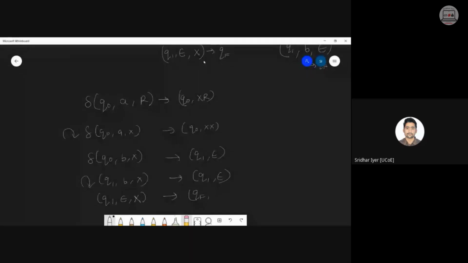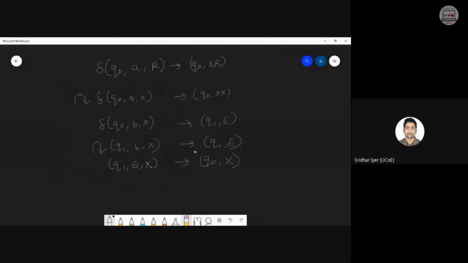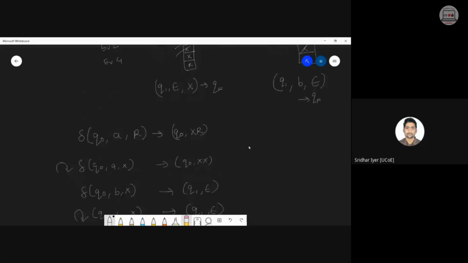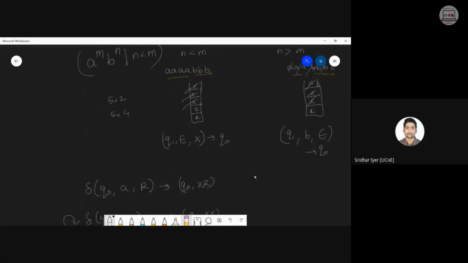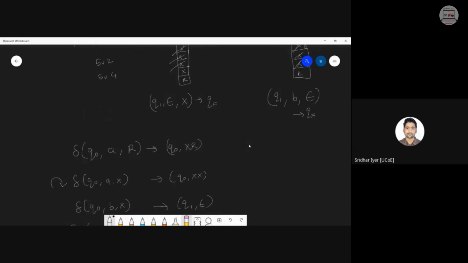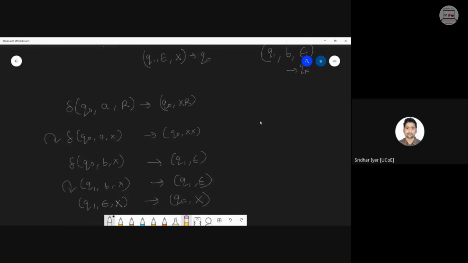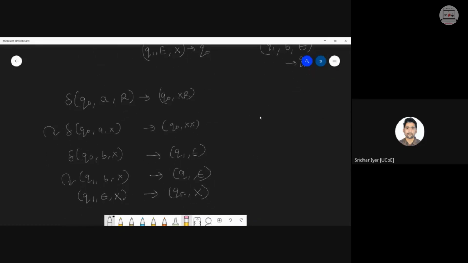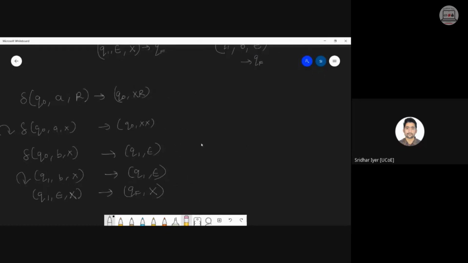I don't want to make any changes, so it will remain X only. This is the last step. I hope you got it how I did it. Q1, say if I am facing that I don't have any more inputs, it simply means that the second part है, उसका size छोटा है as compared to first part. Clear? Similarly, you can construct everything else.